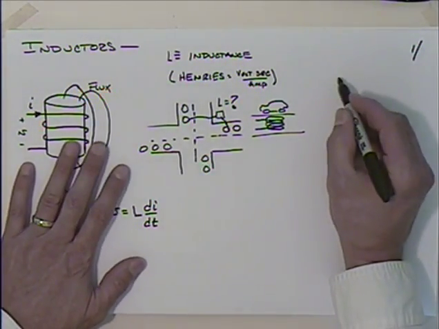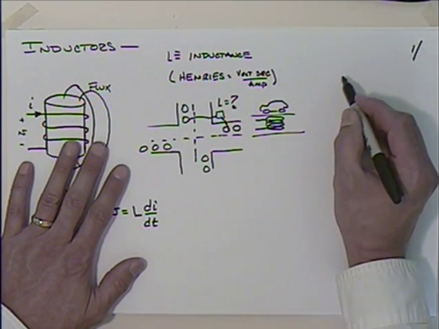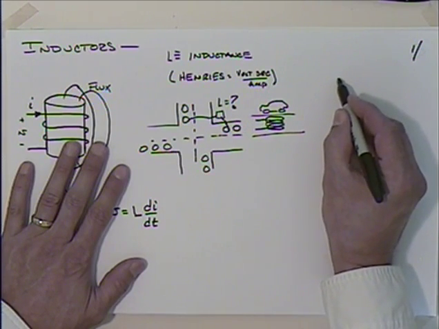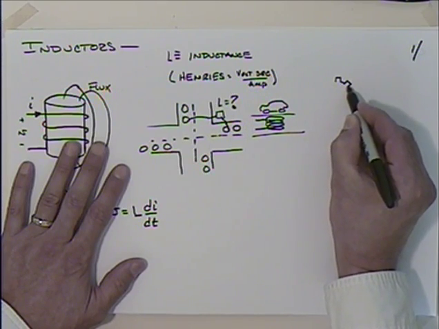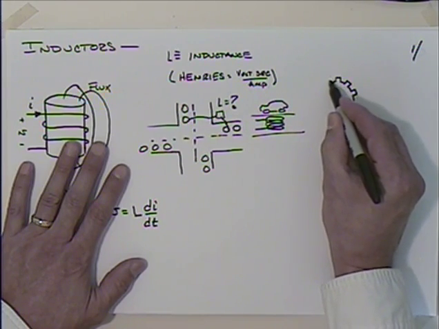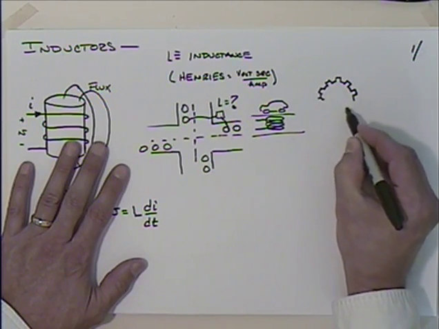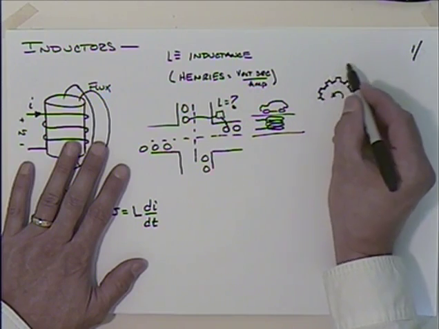Another one is an inductive pickup, a little bit like how a tape recorder reads a tape, or used to read a tape. I don't know how many people are using that technology anymore, but if you have a toothed wheel like this, let's say that this is rotating. What we do is we put the coil right here,